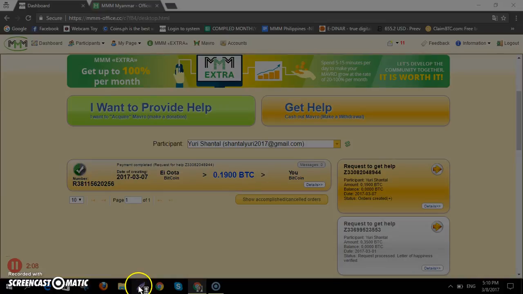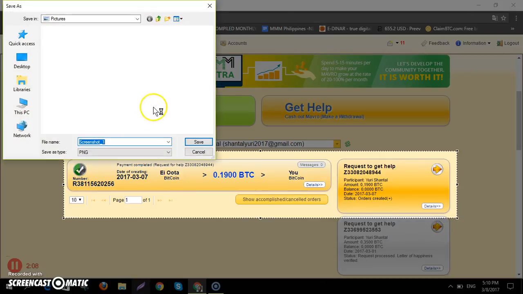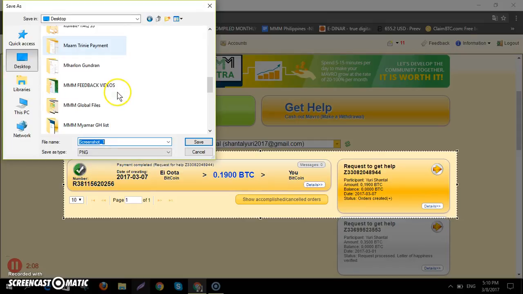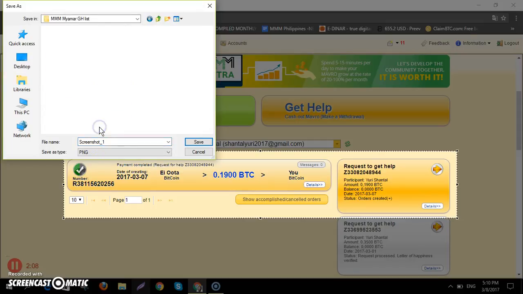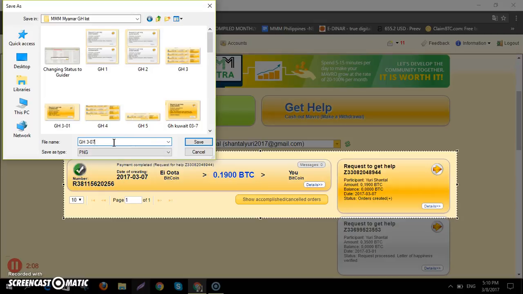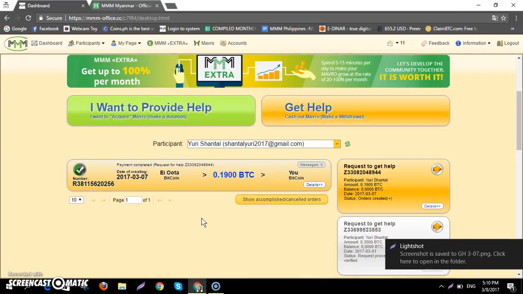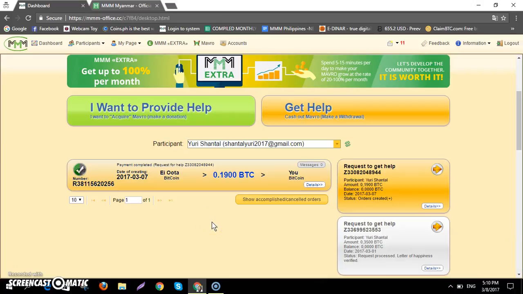So I am going to take screenshots and save this one in the files under Myanmar GH3 host, and then save it because we are going to need it to attach in the process of our letter of happiness later on. So after this one, click these details.